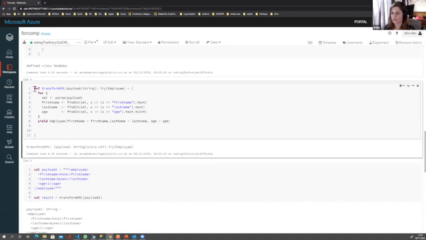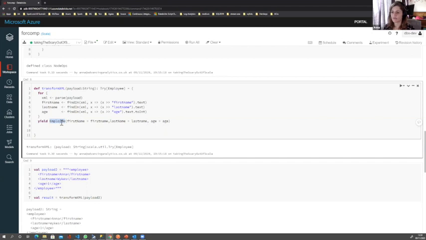So this is what we're interested in, this functionality here. This is basically a for comprehension. We've got our XML that we're parsing in, so we've got that as our payload. And then here are all our steps. We want to grab our first name, we want to grab our age, our last name. And then if all of these are successful, we are going to yield an employee. So yield basically means if all of these steps happen sequentially, then we can yield an actual employee instance.